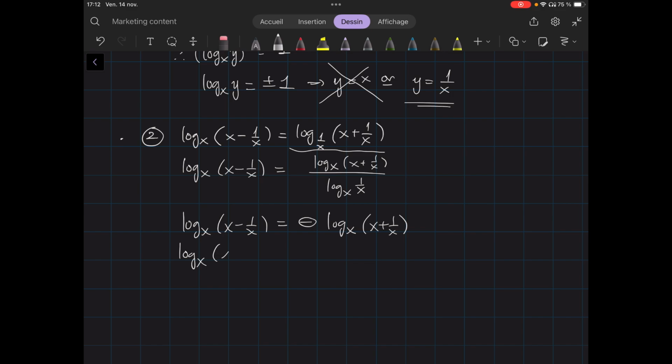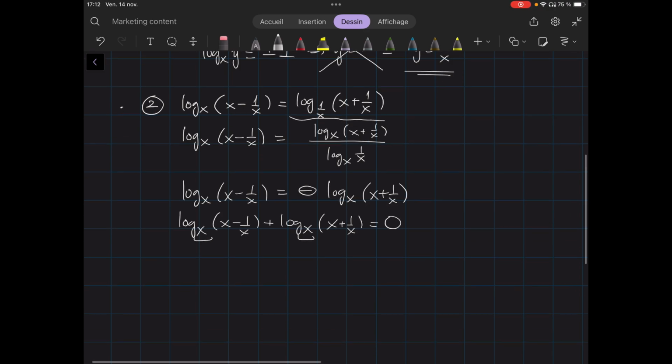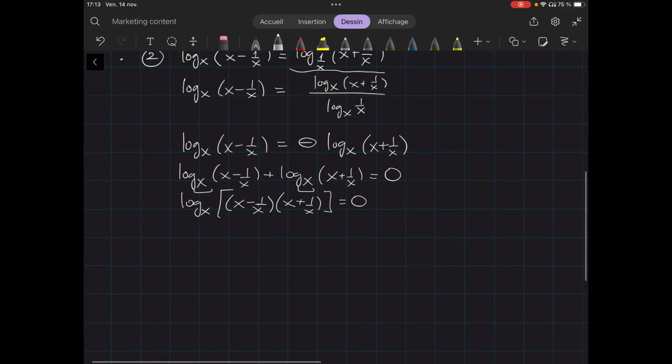Put them together. Because they now have the same base, we can add them. To add two logarithms with the same base, you multiply the arguments. And therefore, you would get